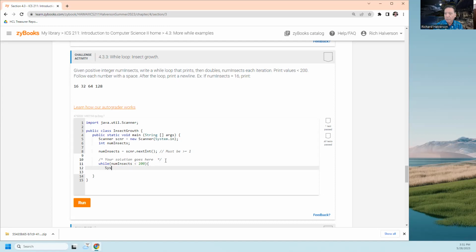System out print num insects plus a space, string space. And then read num insects again. No, then just double it. Num insects